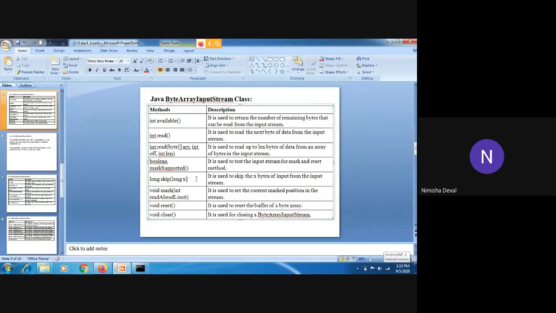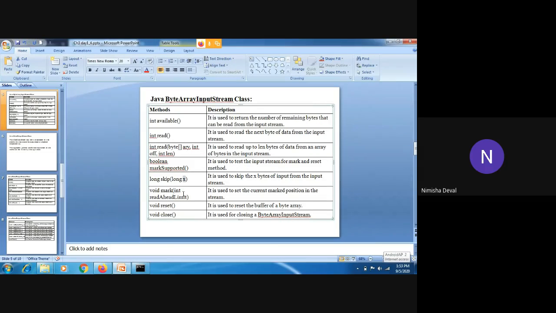Then long skip, which has one parameter, long x. Its use is to skip x bytes of input from the input stream. Whatever data we require, only that much we take, and the remaining data we skip.